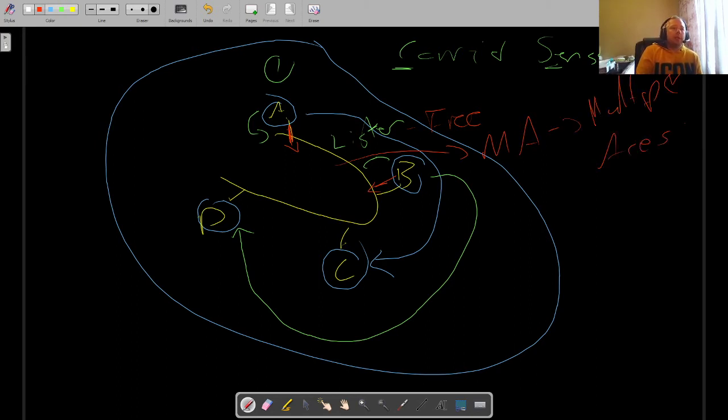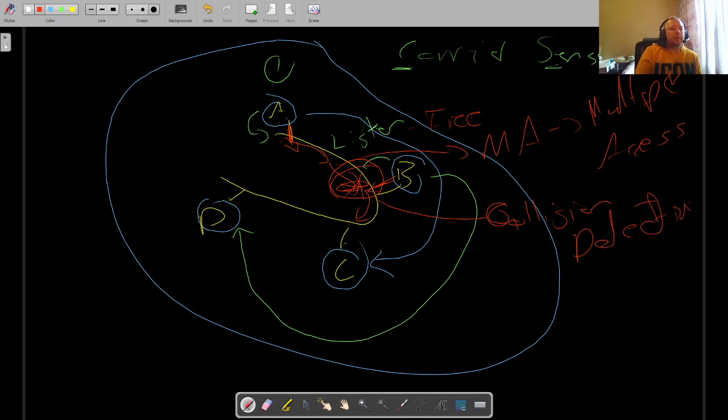But because we learned that if two computers send data on the cable at the same time, we will have a collision. Okay. And then we have the collision detection part that will kick in. And it will detect that, hey, a collision has occurred. So I'm going to tell both computers to back off, stop sending data. Okay. And then wait